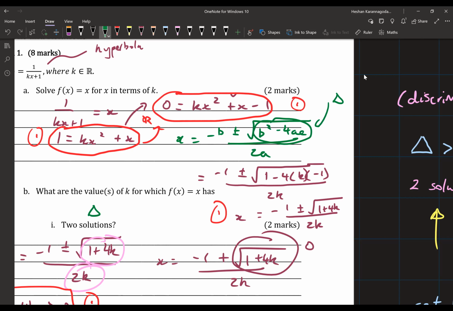Just give a thumbs up in the chat if that makes sense. But again, you could do the same thing again, but what I'm saying is that you're just repeating the same process. So it's not the most efficient way of solving this question. And as I said before, it doesn't work for all equations, because not all equations will be quadratic. Cool. Good question though, good question.